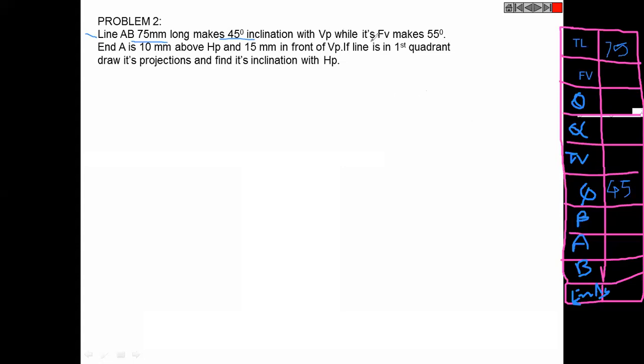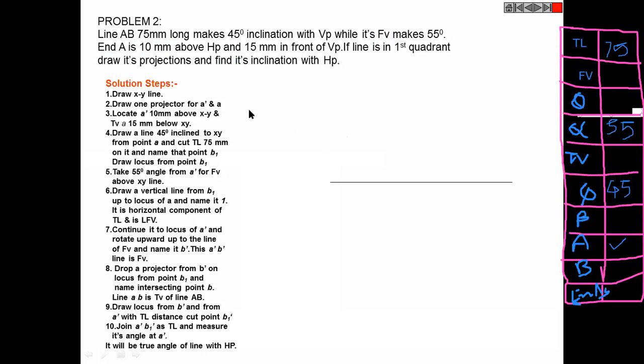Okay, move towards next. Front view makes 55. What is this? This 55. Theta. This is front view is making, not the true length is making. Alpha. This is alpha. Don't get confused. Things are simple. Simple things only make a life difficult. Now, and a location is given. So this is given. Okay, this much thing is given. That's it.